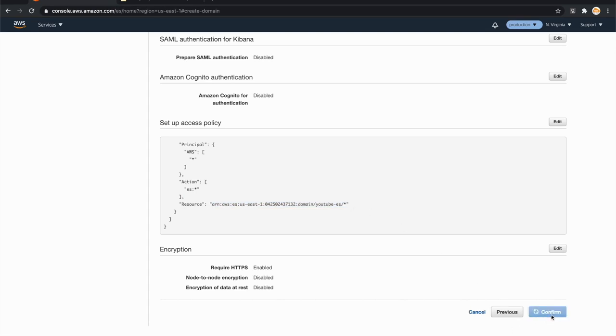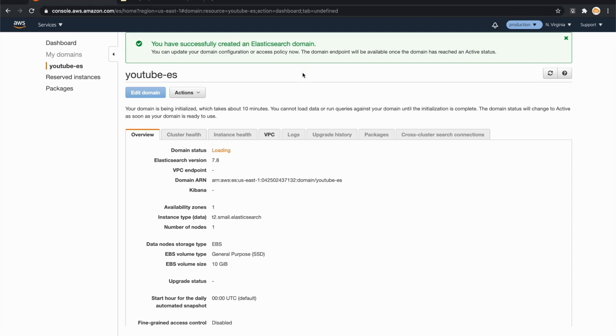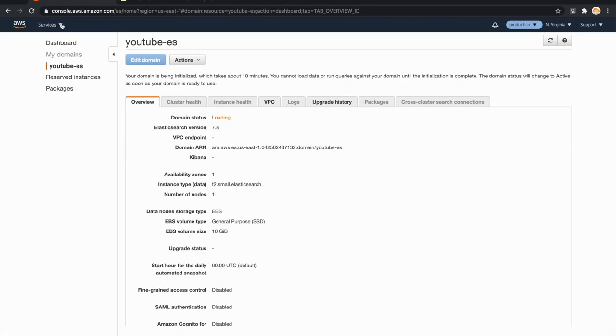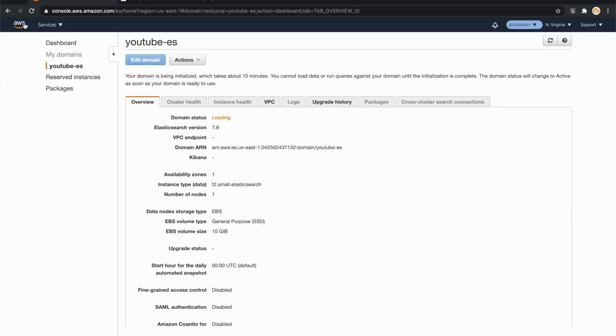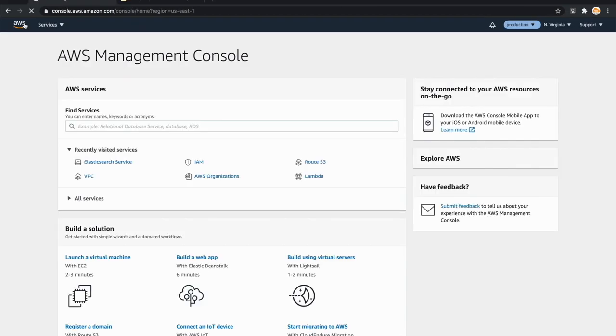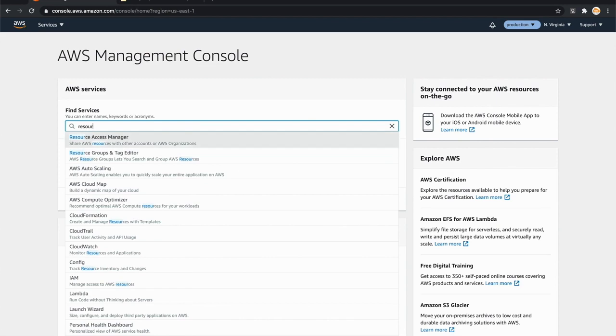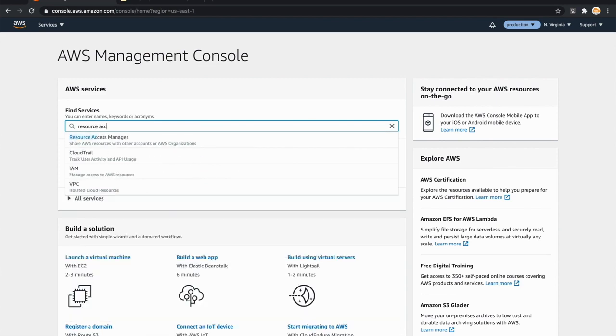So it will start creating the Elasticsearch domain, but it's not going to create just immediately. It will take about 10 minutes, as you can see. But in the meantime, let's go ahead and create some other resource. Next, I will go to my AWS console landing page and I'll start creating Resource Access Manager Resource Share, or